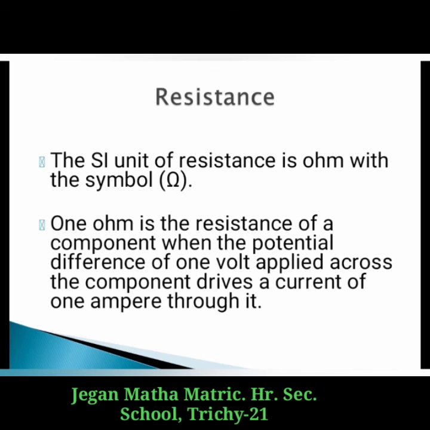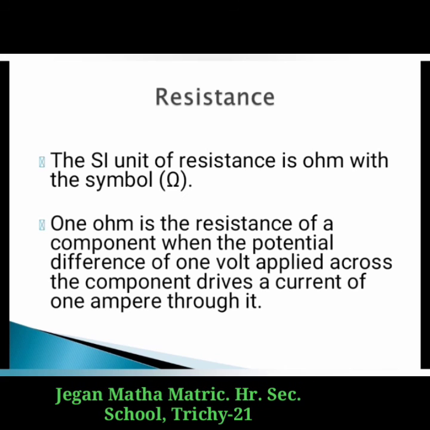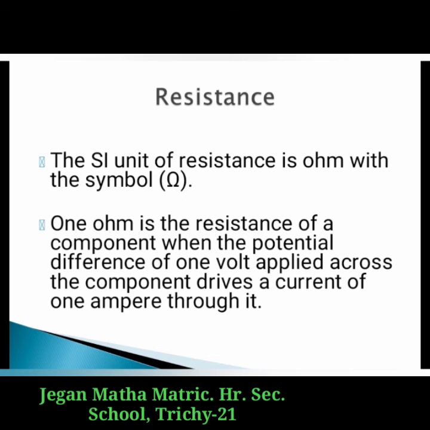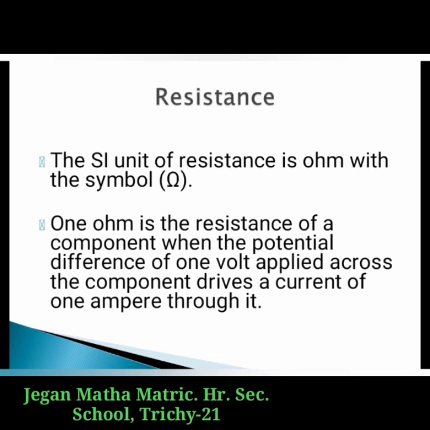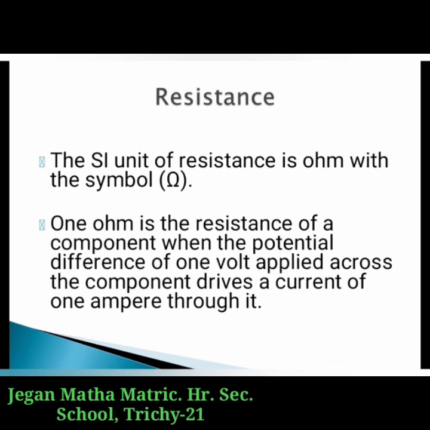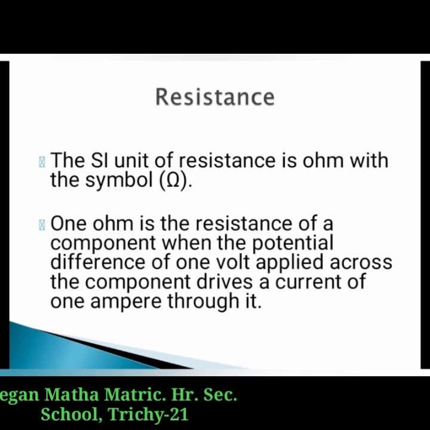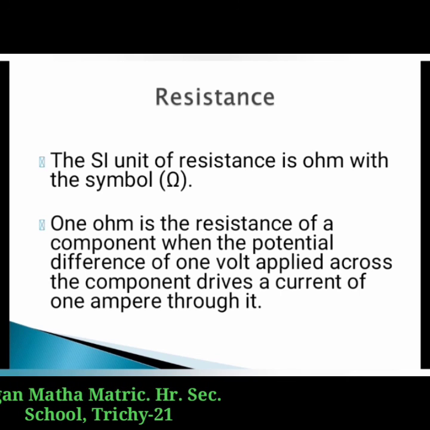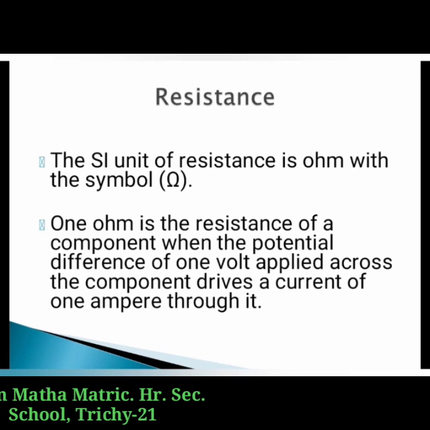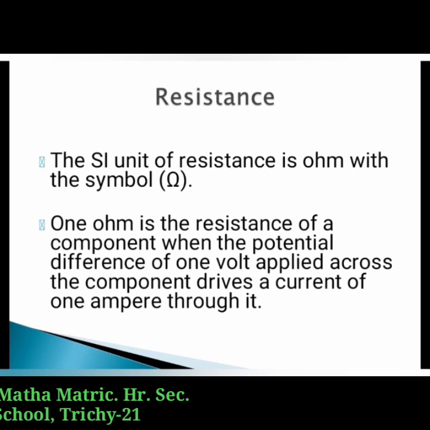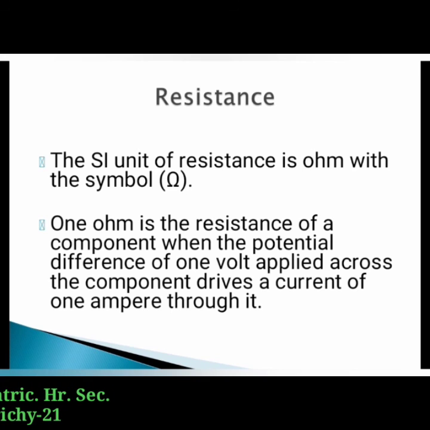Then materials like nichrome, tin oxide, etc. offer high resistance to the electric current. We also have a category of materials called insulators. They do not conduct electric current at all. Examples are glass, polymer, rubber and paper; they are all insulators because they do not conduct electric current. All these materials are needed in electrical circuits for usefulness and safety.